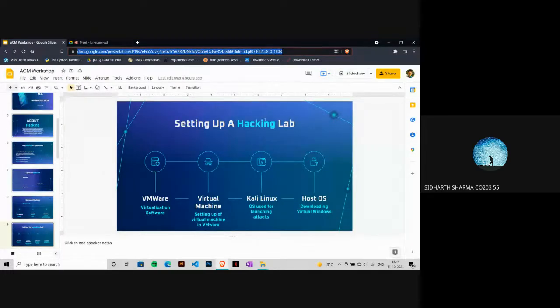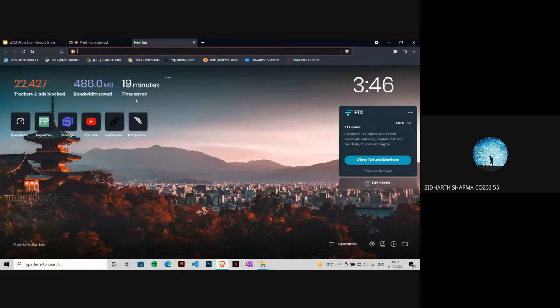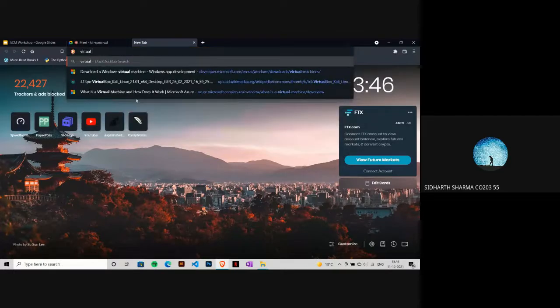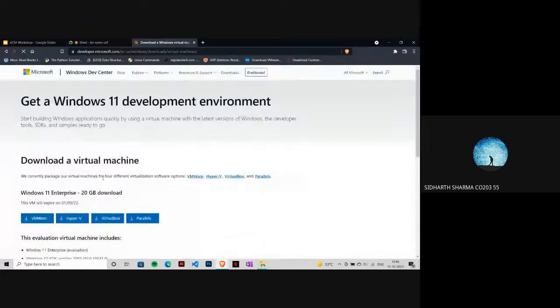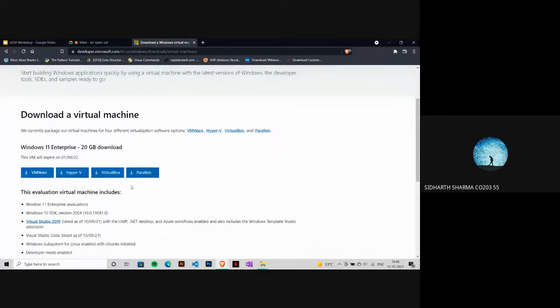Apart from this, you would also need the virtual machine for Windows, and you can find it by just typing virtual Windows machine. This is what opens over here, and make sure you install the virtual machine for VMware and not any other virtualization software listed over here. Once you have installed both of these,